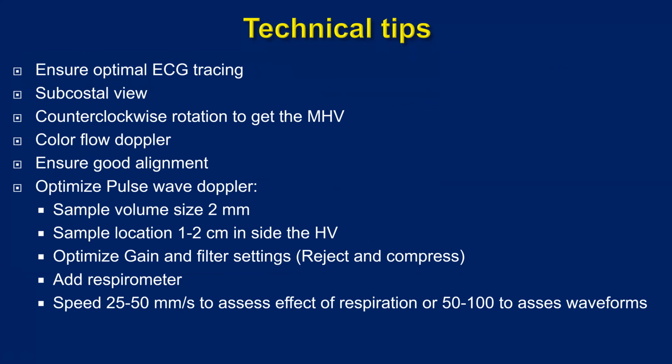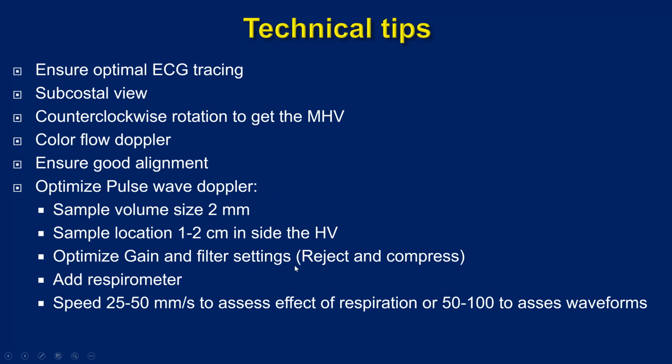And then we choose the subcostal view, of course. We do some counterclockwise rotation of the probe to get the mid-hepatic vein for a good alignment. Then you put color flow Doppler, ensure good alignment, optimize pulse wave Doppler. We need to make the sample volume size 2 millimeters, sample location 1 to 2 millimeters inside the hepatic vein,